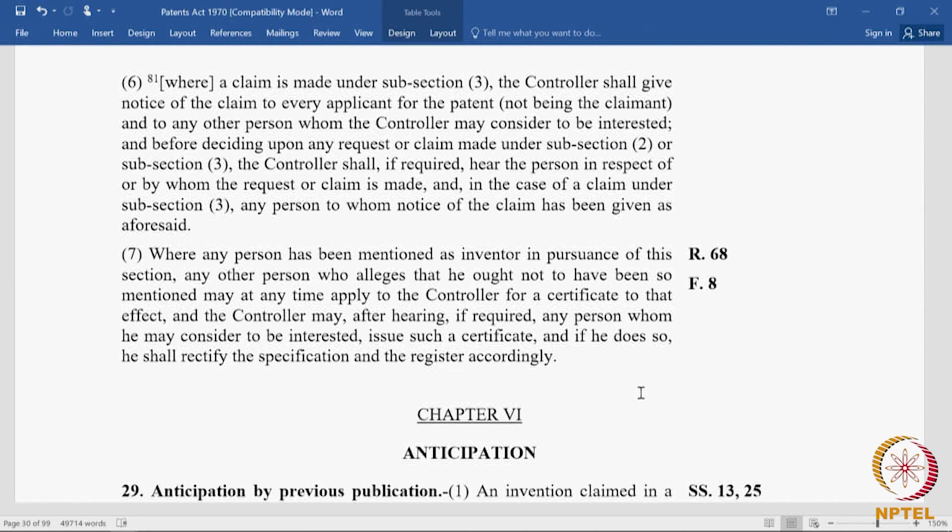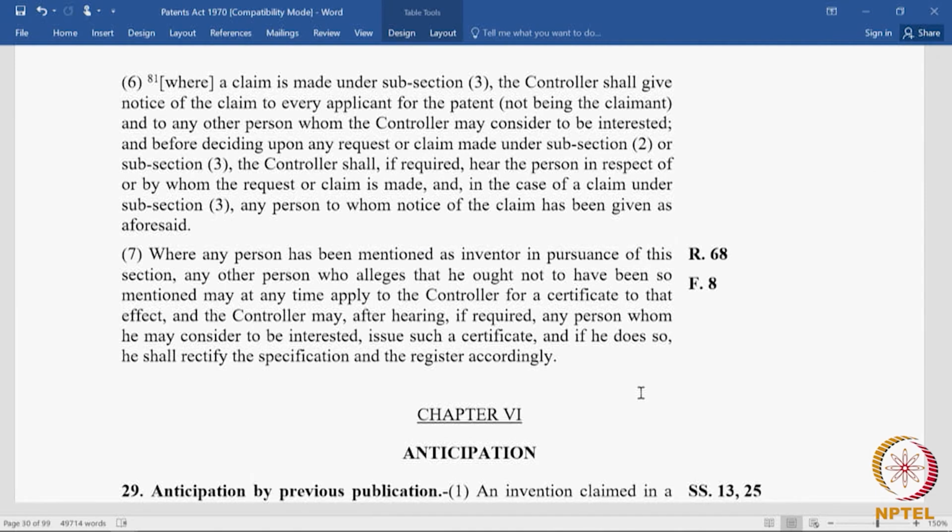This subsection 7 comes into play after a proceeding under subsection 2 or subsection 3 has happened. There is a proceeding that has happened, the controller has corrected and added a name of an inventor as an inventor. That proceeding has already happened. Under 2 or under 3, a person's name has been added. Now, another person feels that this person is not the inventor, his name has been wrongly added. Then he can approach the controller at any time